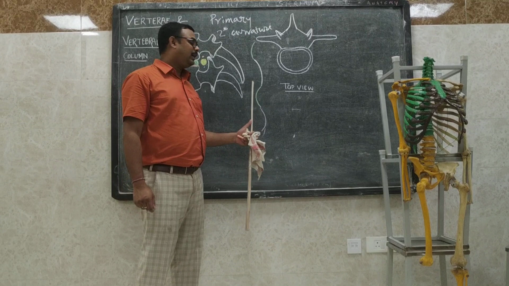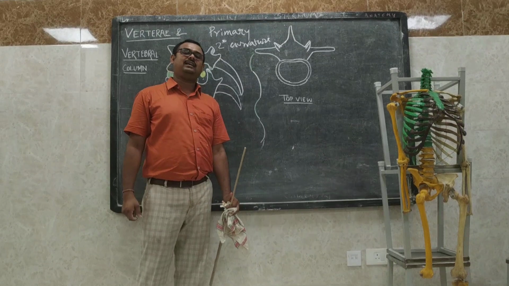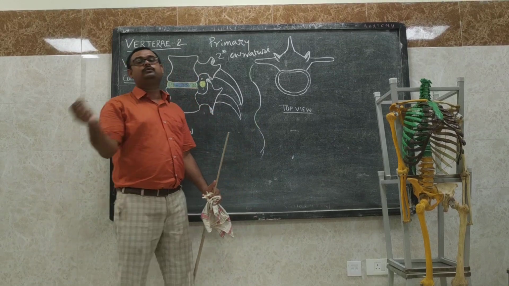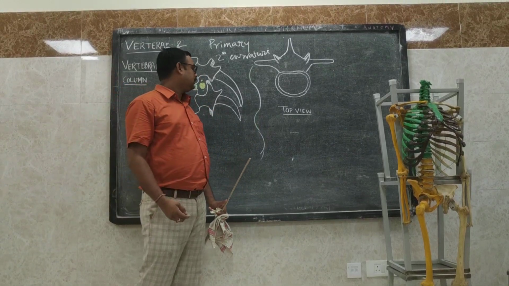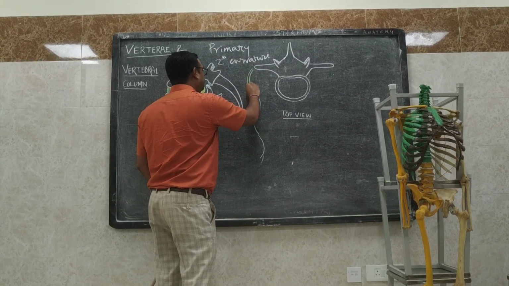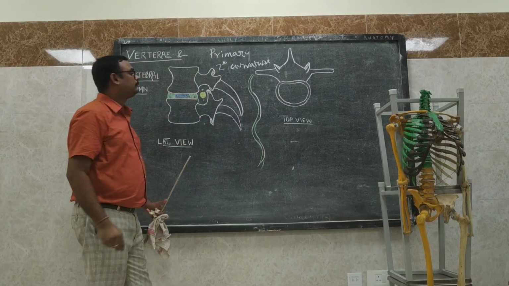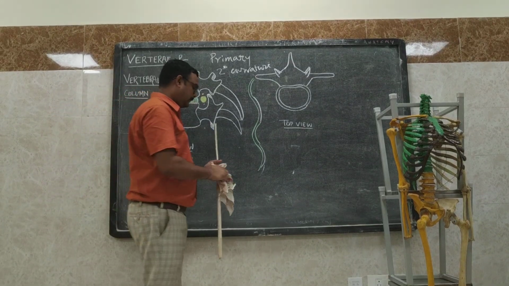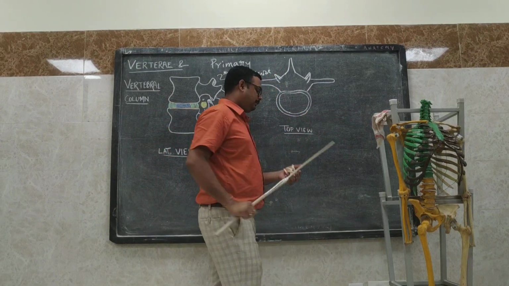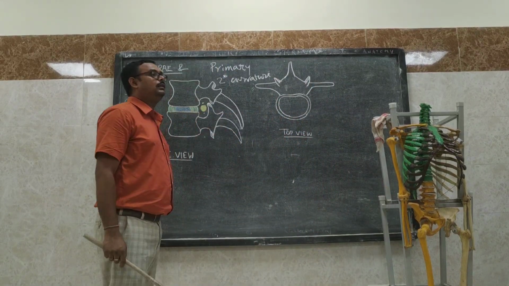And the lumbar curvature appears at the age when the child begins to stand up. So that is around 12 to 18 months of age. Now, with these two curvatures, the total curvature of the vertebral column is like this. Now, after knowing the curvature of the vertebral column, I should continue my discussion with the individual vertebrae.